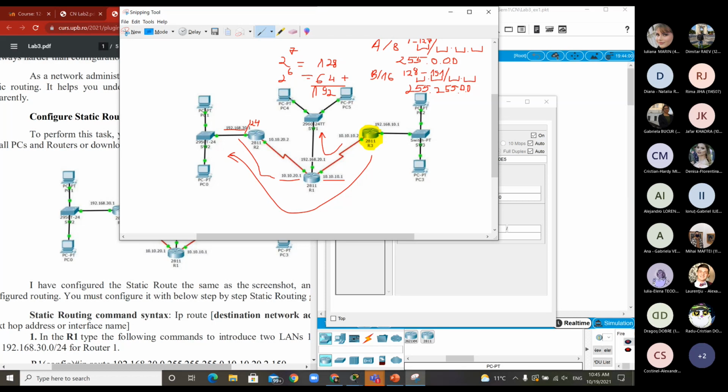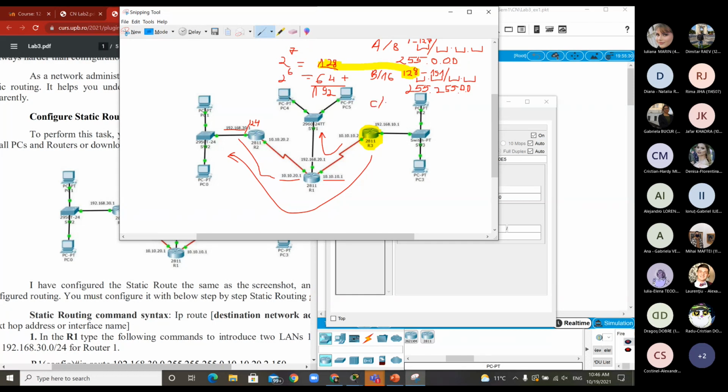It's 2 to the power 7, but 128 is in fact the start point of the next network. And here you don't finish in 192 because this is the start of the next network, which is C,